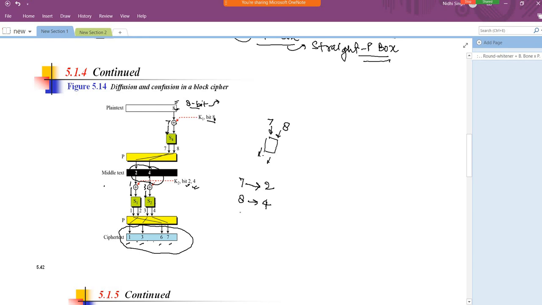So we can say my confusion property also holds for this product cipher, because my 8th bit is associated with 3 key values. What are those key values? 8th bit, 2nd bit and 4th bit. So अगर मैं इन वैल्यू में चेंज करती हूँ तो मेरा साइफर टेक्स्ट ऑब्वियसली चेंज हो जाएगा. अगर मैं ये वैल्यू चेंज करूंगी तो मेरा साइफर टेक्स्ट भी चेंज होगा ही होगा.